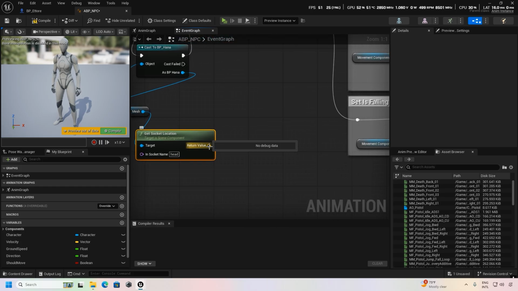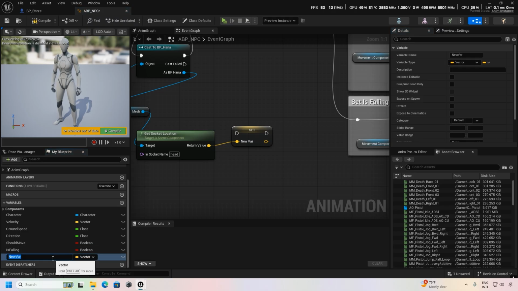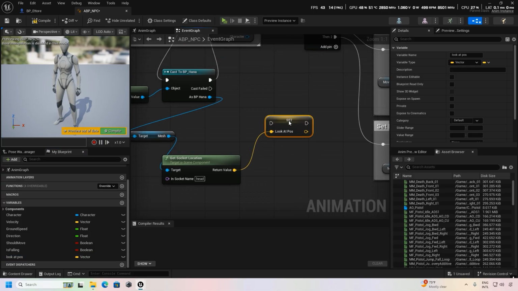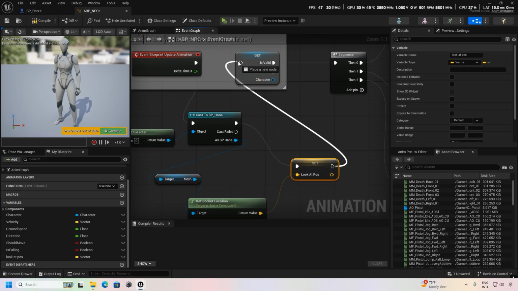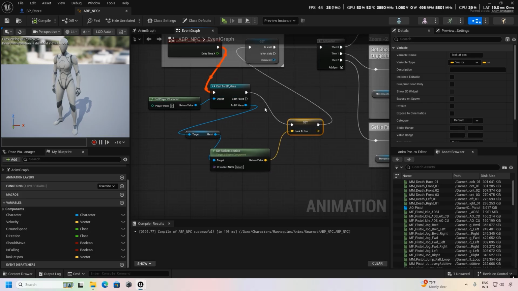And here we also promote a variable. We name it Look At Pose. Okay, and here we join it. Okay, and compile. So this is basically our function.